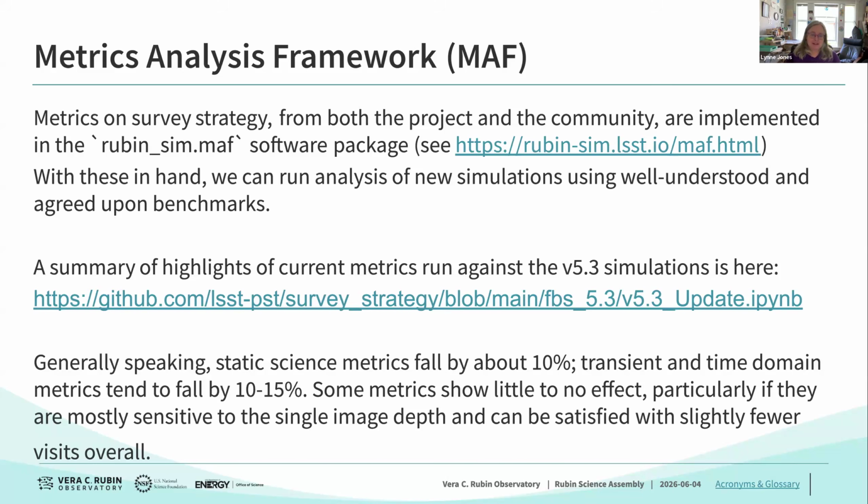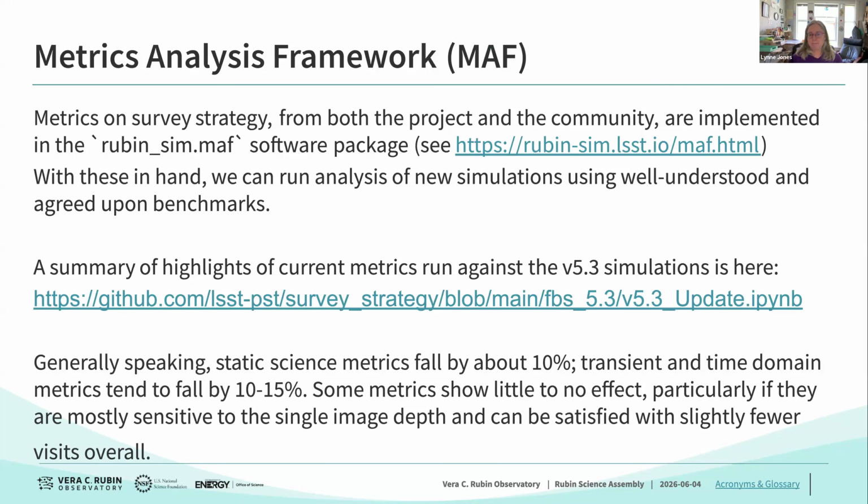My goal with the template tier is that we acquire the visits suitable for templates within year one at all. Because the impact of losing 10% of our visits was we already only had about five or six visits per band in U and G, which is too few to say that we can make templates out of. So we were already scraping the bottom of the template requirements, even without including cuts on the image quality in U and G band.